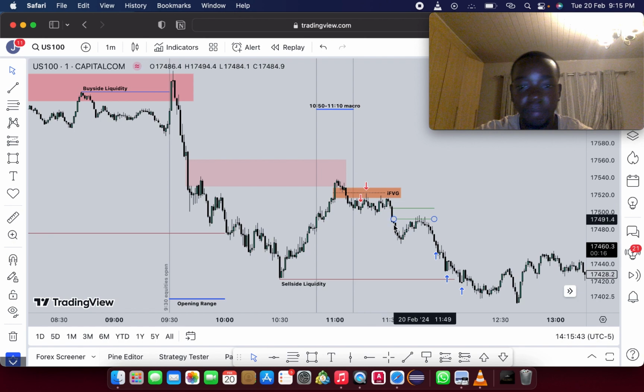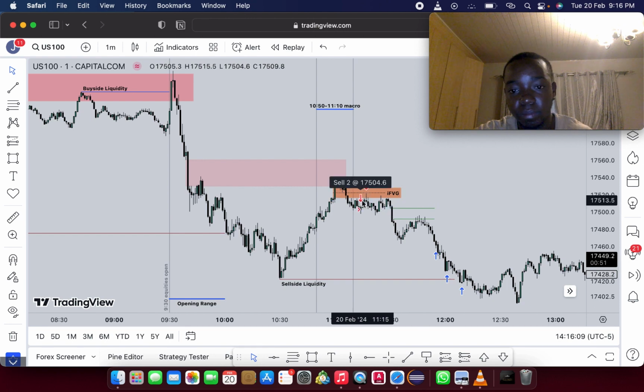I was considering this imbalance because it lay in a premium price with respect to this high and this low. So it traded down there. Once it reached this price point, I moved my stop loss to break even. I was at break even right at that price, so my stop was slightly above this fair value gap, right at the high of it. And as it traded back into that,